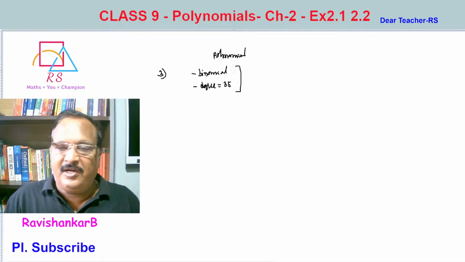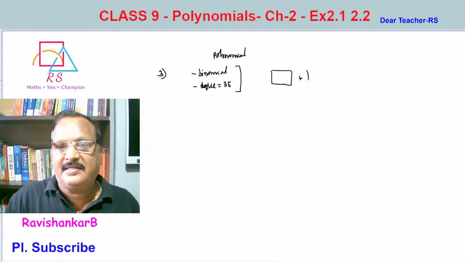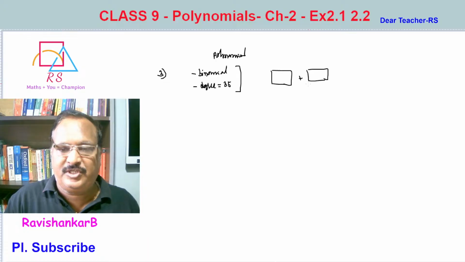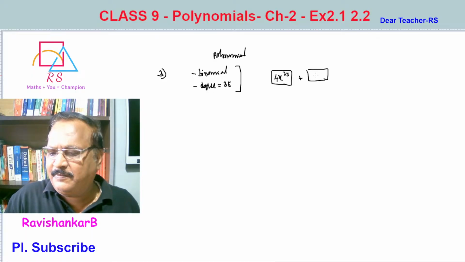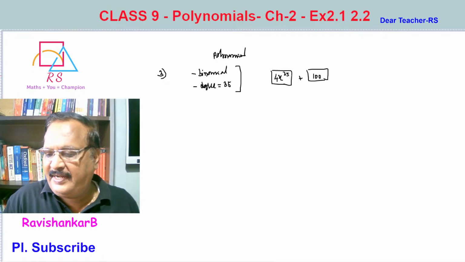Polynomial means powers should always be positive integers. Binomial means only 2 terms will be there. So this is one term and another term, and in this binomial your degree is 35. If I write 4x to the power of 35 plus, you can write any term, 100 or 4x, less than that. If you are writing x,